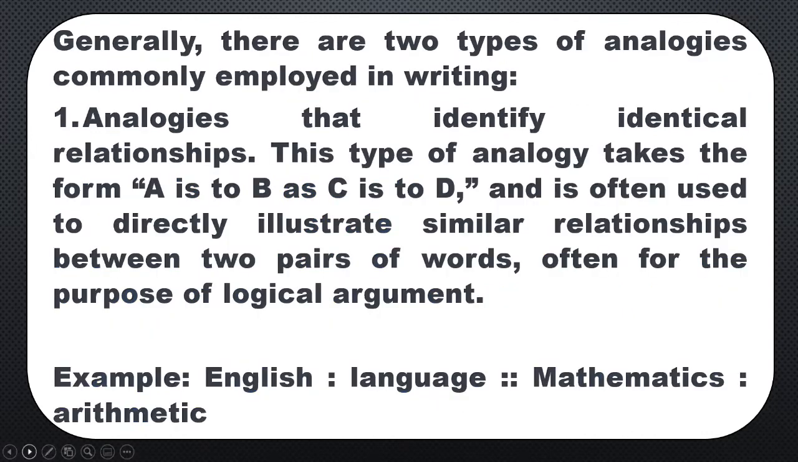Generally, there are two types of analogies commonly employed in writing. Number one, analogies that identify identical relationships. This type of analogy takes the form A is to B as C is to D and is often used to directly illustrate similar relationships between two pairs of words, often for the purpose of logical argument. We have this example: English is to language, and mathematics is to arithmetic. It means